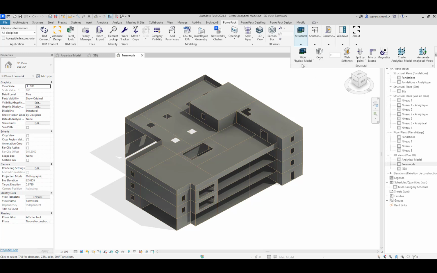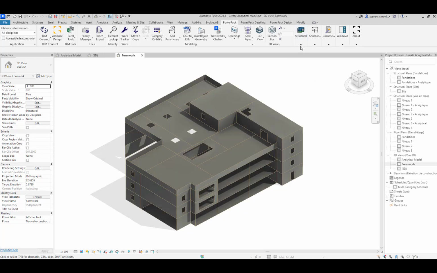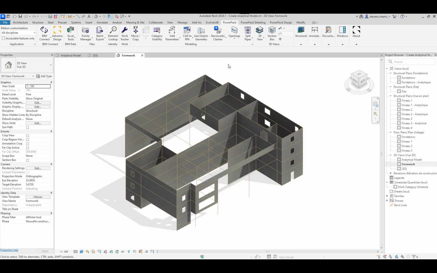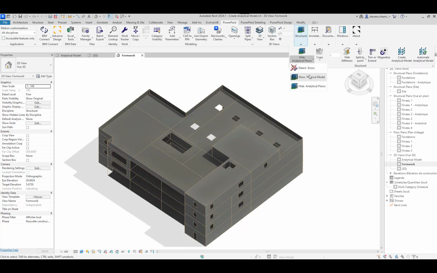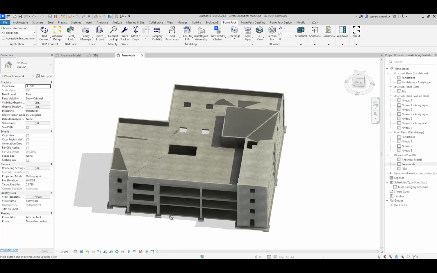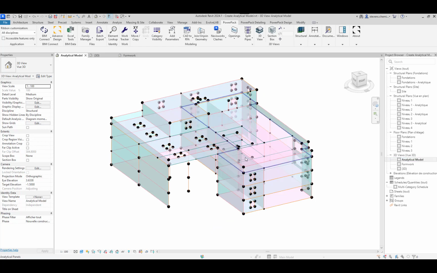It will be possible simply, you see, to start with the full model, hide the physical model, hide floors, for example, and you see suddenly it's easier to understand the frame of this building. I can bring back the floor, bring back the physical model, and just for information, it's possible to associate all those commands to a dedicated keyboard shortcut if you want to go faster to launch and call those commands.